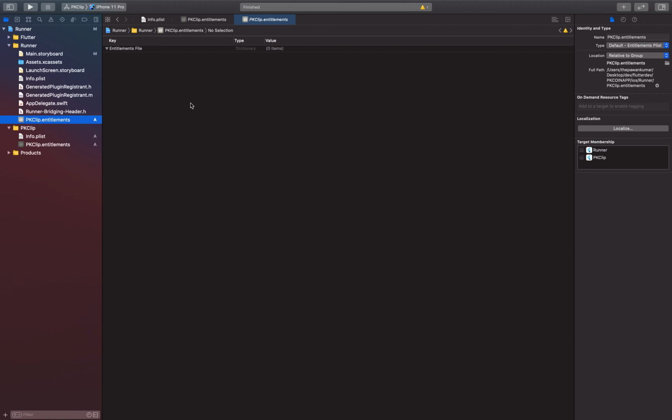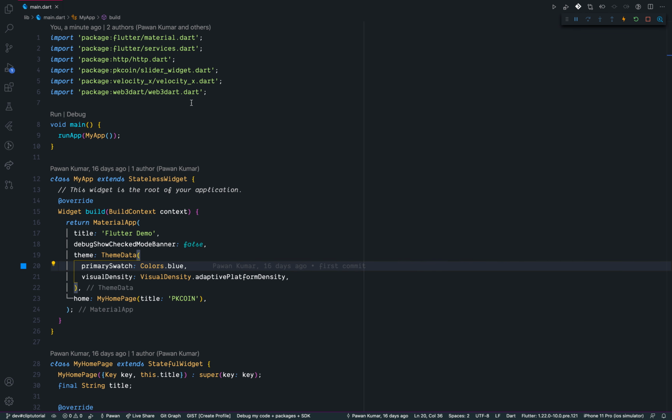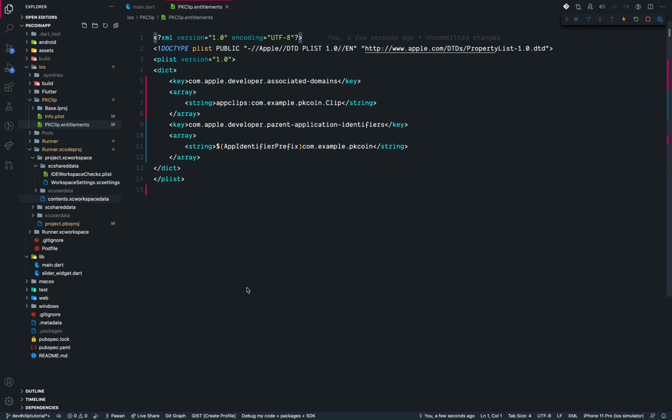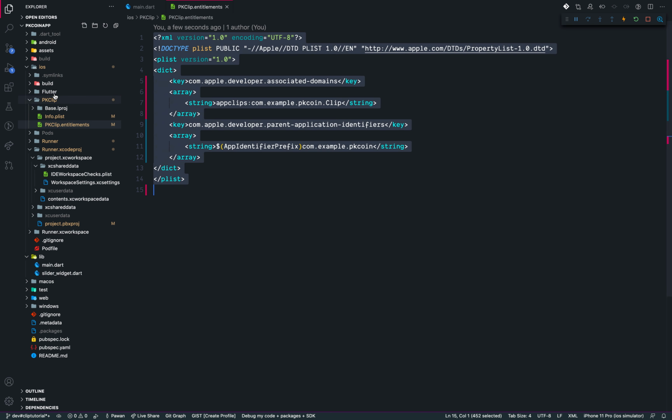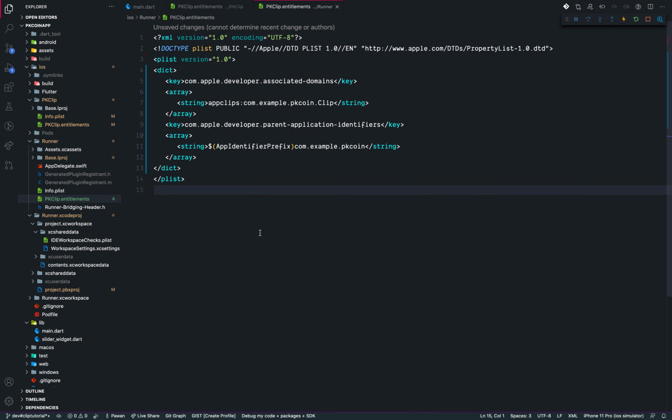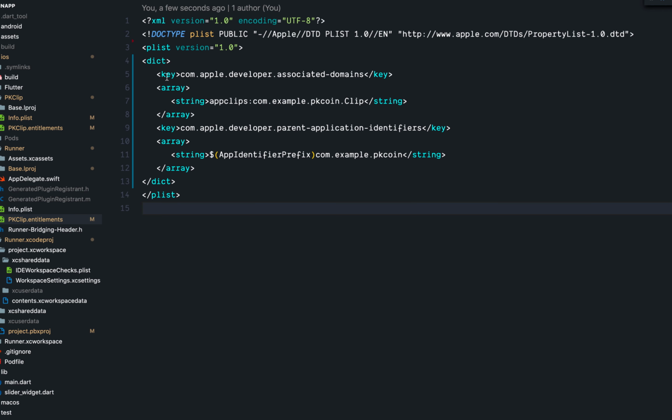Now we have to copy the same thing, right? It's better if we copy from VS Code. So if we go here, we have pkclip info, and we'll just copy this inside our runner, runner and pkclip.entitlement, and I'll just paste it. So now we have associated domain, which you remember. I'll remove this second one.